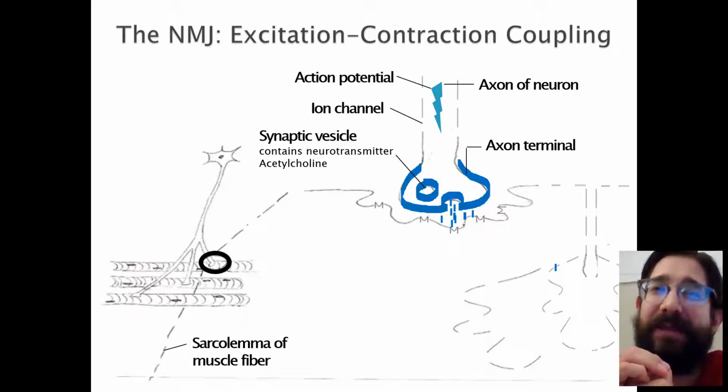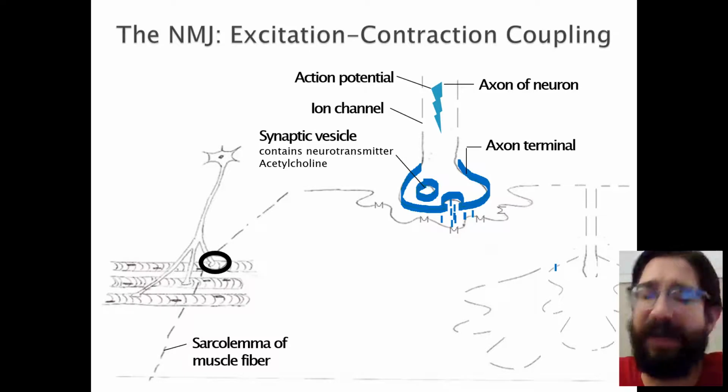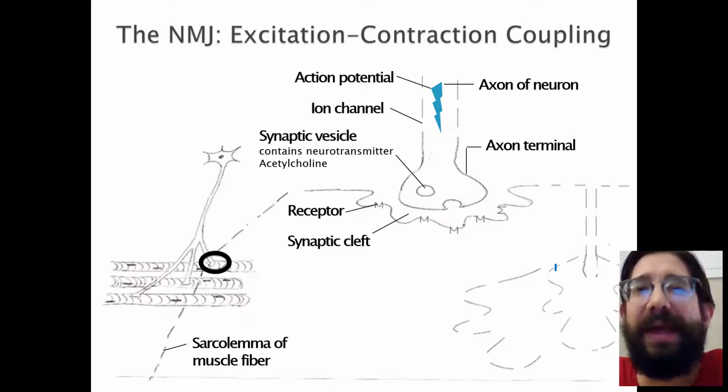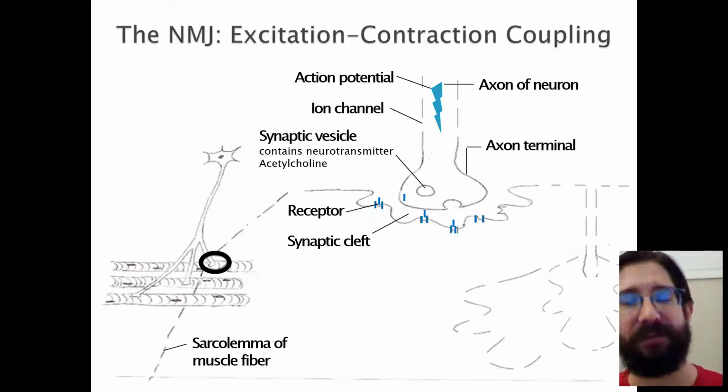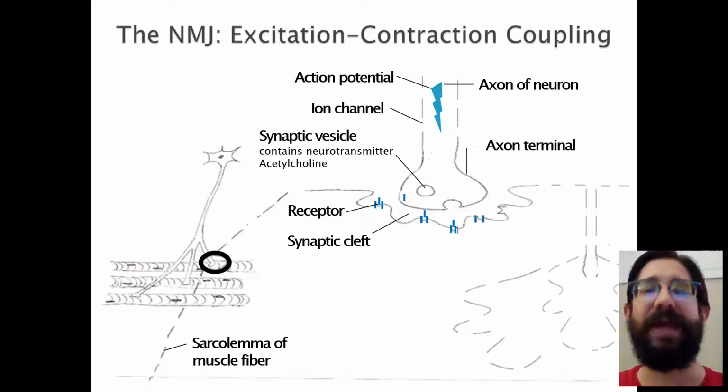So what happens next? These neurotransmitters are floating out there, and they will eventually reach receptors after crossing the space called the synaptic cleft. So the neurotransmitters hit these receptors. They're not going to enter the muscle fiber. The neurotransmitters will just attach to the receptor for a period of time, and then they'll detach and drift away. But when they attach,